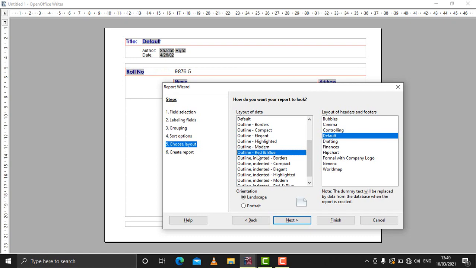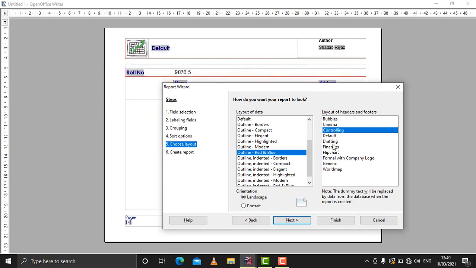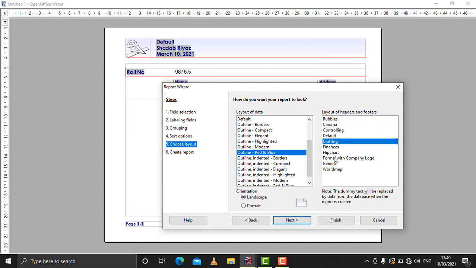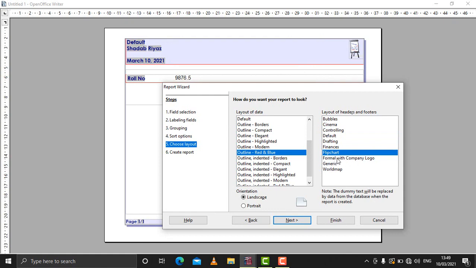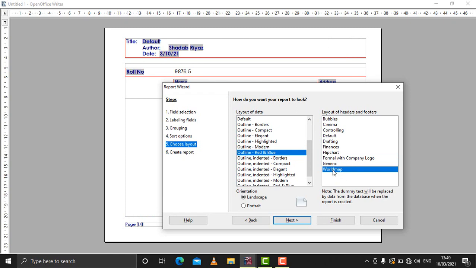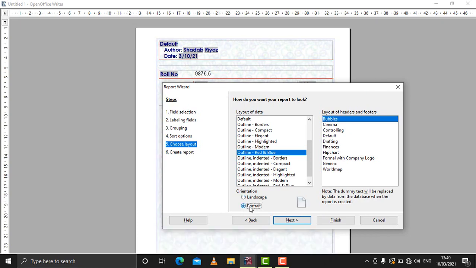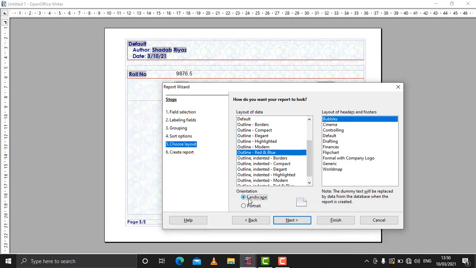Say for example, I want this structure, and then here headers and footers, say for example, like bubbles or cinema, generic world map. Say for example, I want these bubbles. So then you have two more options. You want to present in landscape or in portrait. So portrait will be like this, landscape will be so. Now after doing this you have to click on next.